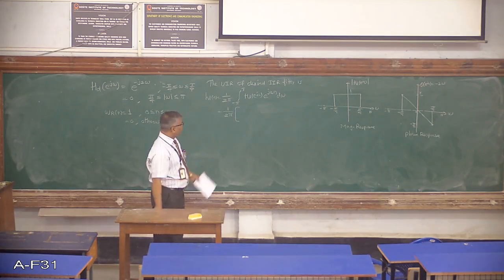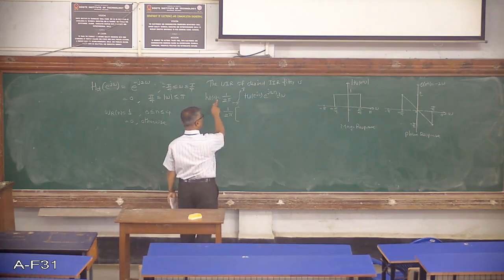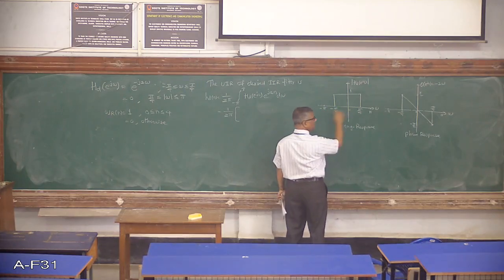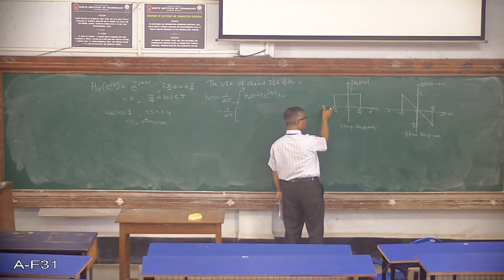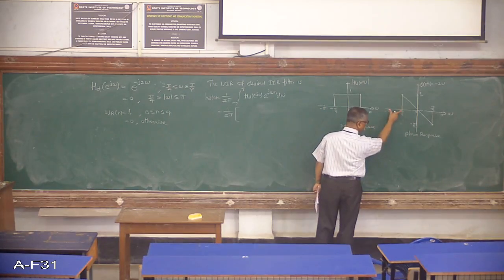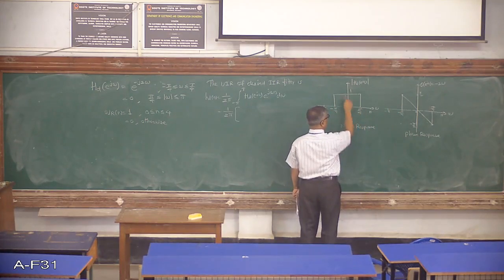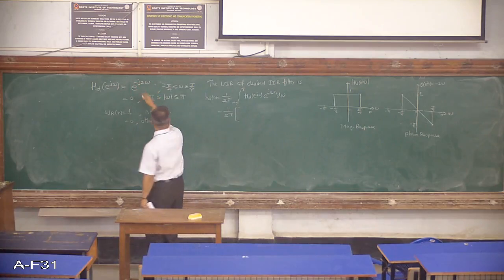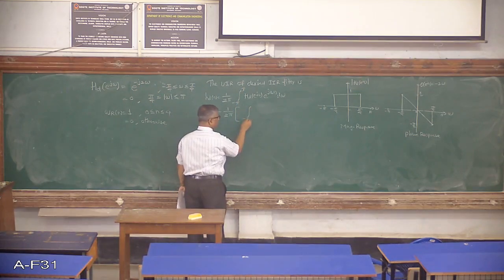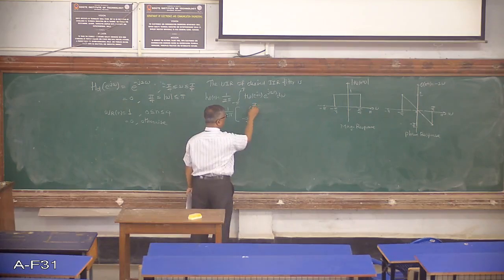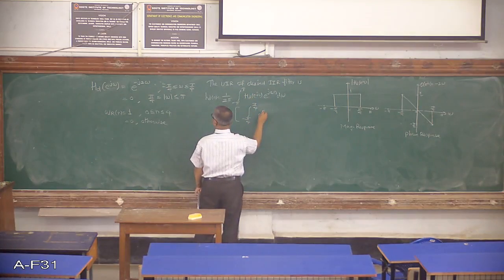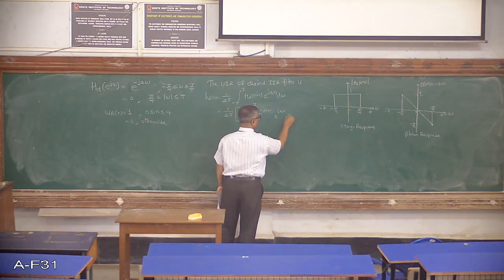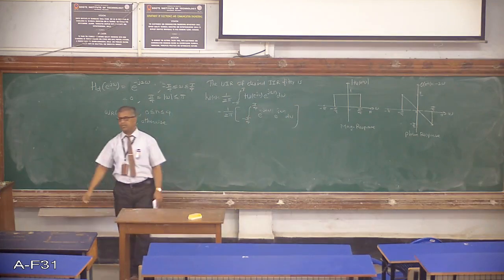Now what should I do? I should evaluate now h_d of n. So from minus pi to pi, again you can split this in limits from minus pi to minus pi by 4 where the magnitude is 0, and the phase is also 0, and from minus pi by 4 to pi by 4 the magnitude is 1 and the phase response is as given, so this is what we have to substitute directly. So directly let us integrate this from minus pi by 4 to pi by 4. The value of this given is e to the power minus j2 omega into e to the power j omega n d omega. This is the integration you will have to carry out now.